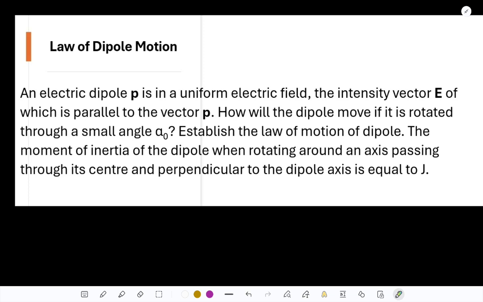Establish the law of motion of dipole. The moment of inertia of the dipole when rotating around an axis passing through its center and perpendicular to the dipole axis. Well, passing through its center and perpendicular to the dipole axis is equal to J. So let us direct the x-axis of the Cartesian coordinate system with the origin at the